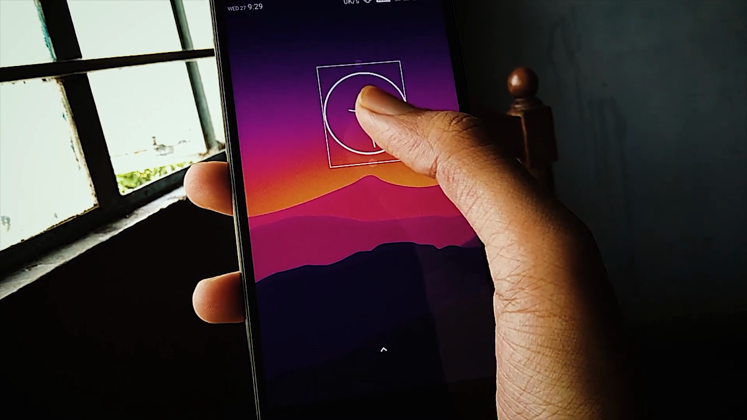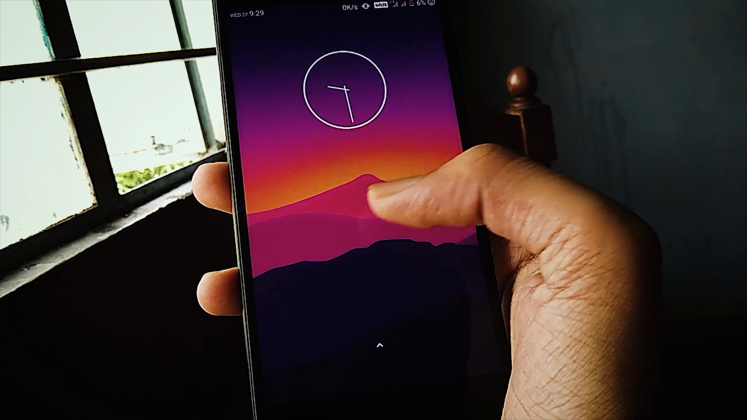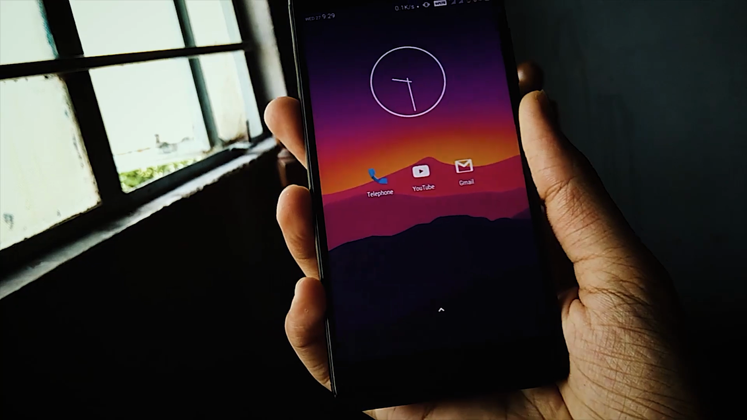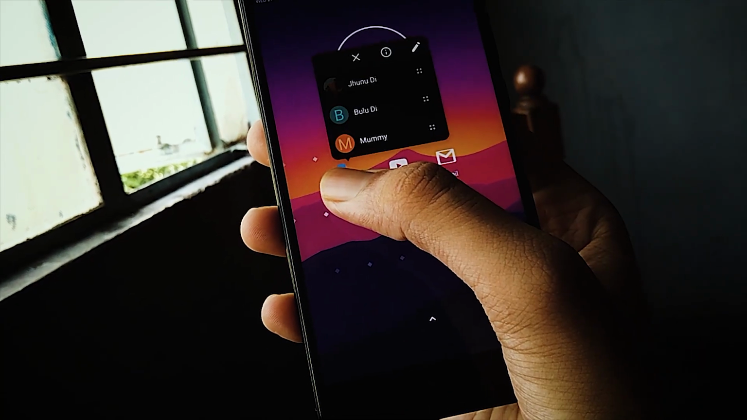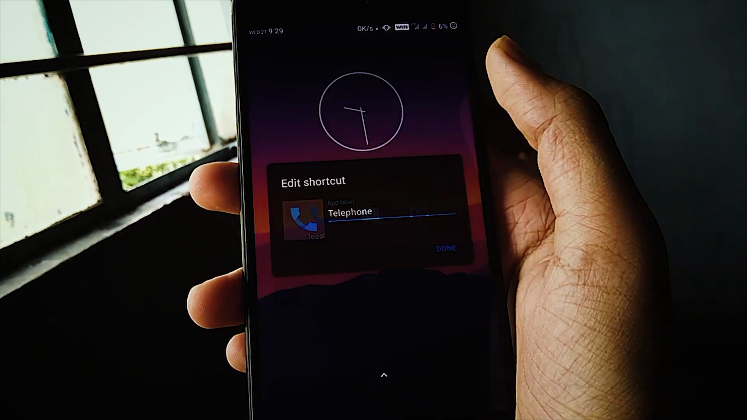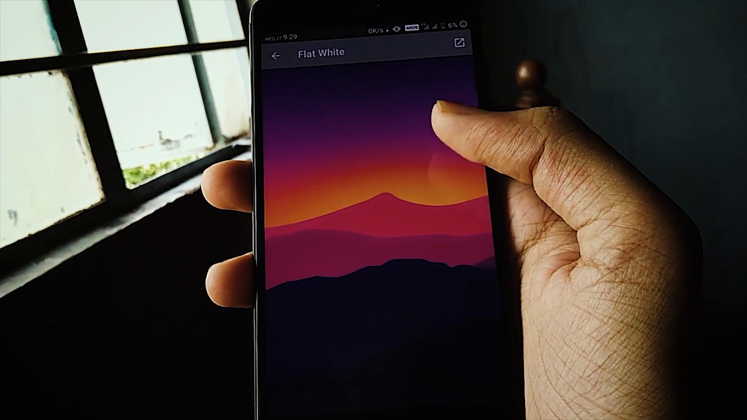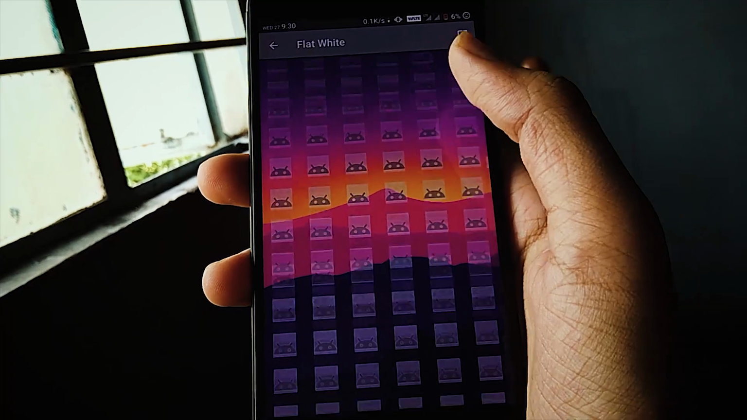After that, add few apps to the home screen which you use most often. I am placing telephone, Gmail and YouTube as these were my most frequently used apps these days. Now if for some reason the app icon doesn't change to Flat White Icon Pack like here with the telephone app, then simply long press on the icon and tap on edit, select app icon and choose the icon as